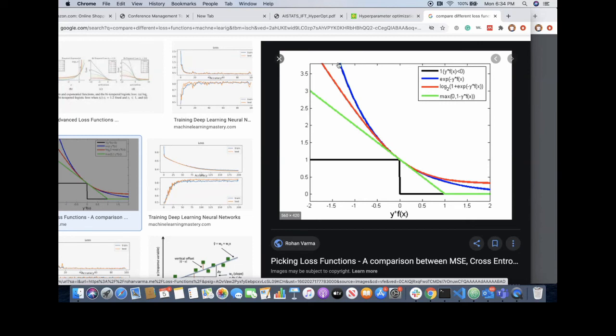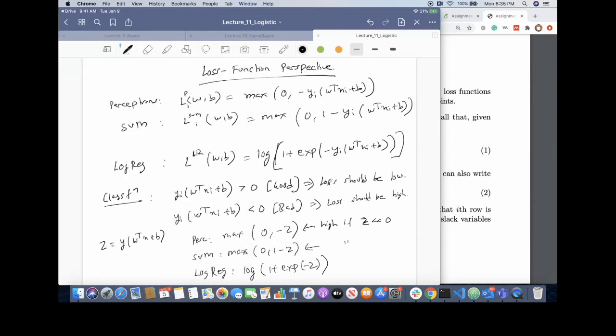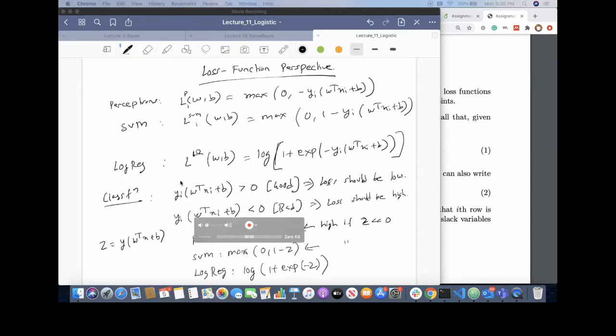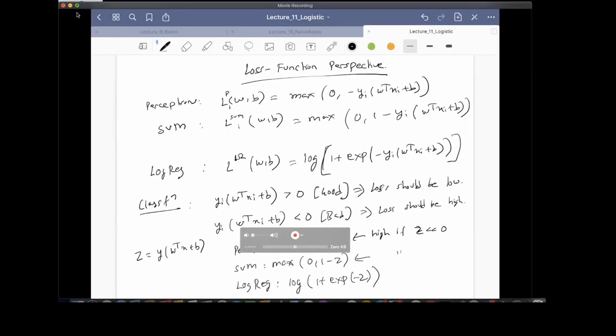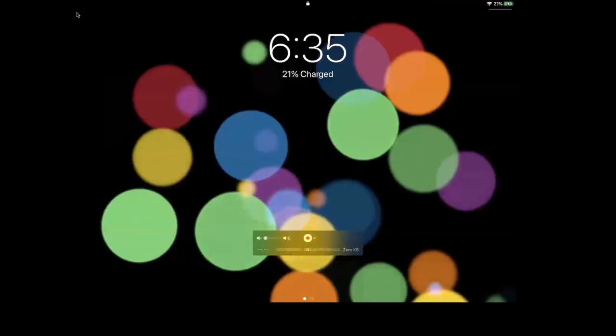And the red one is actually the logistic regression loss, right? So this is log of 1 plus exp raised to minus y multiplied by f. So you see that this also has the same intuition: it becomes positive when y multiplied by f is negative, and as this becomes positive, it becomes closer and closer to 0. And conversely, this is the exponential loss, which also has the same intuition. So anyways, I just wanted to very quickly point out this connection, that you can view all of this from a loss function perspective as well.